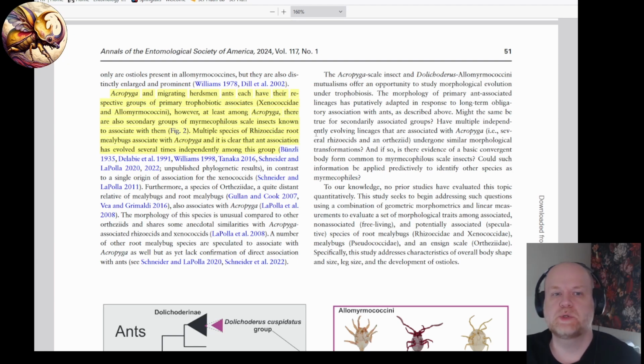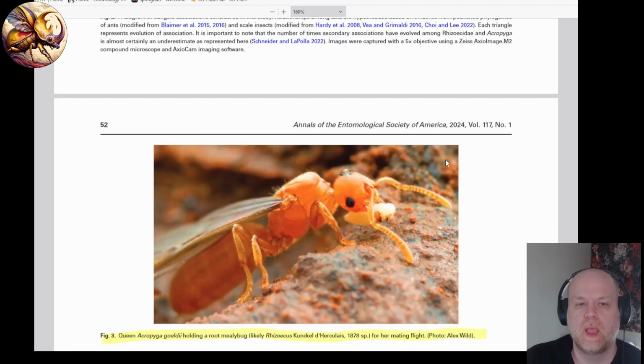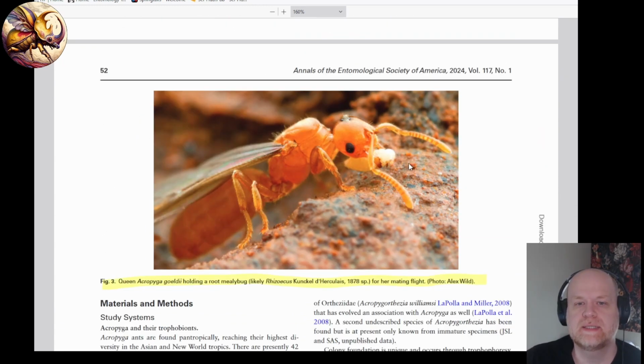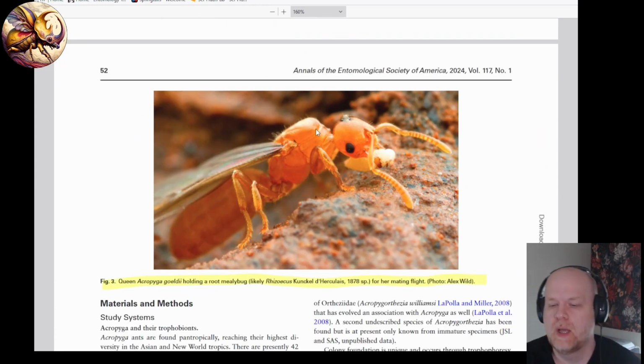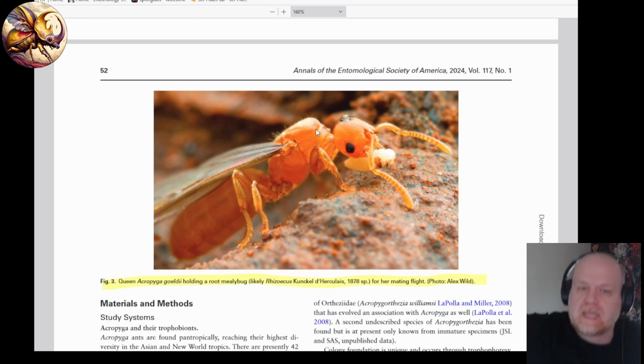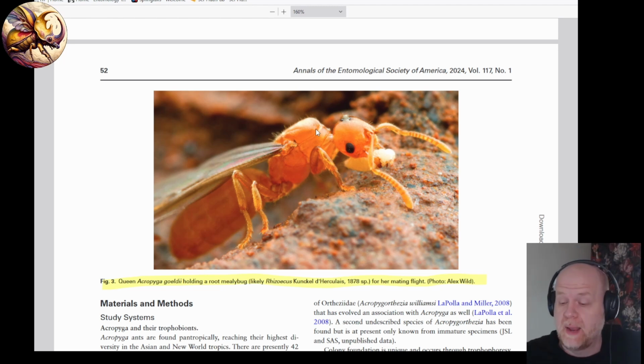So the difference between them is that with the Acropyga, the queen is the one that they think has the selective pressure. When a queen, a virgin queen, leaves her nest on her mating flight, she has to go and mate with a male, and then she has to go establish her own colony. She takes one of the mealybugs with her in her mouth, and the mealybug is live. She's not eating it, she's taking it as like a pet, and she then grows it and forms a herd